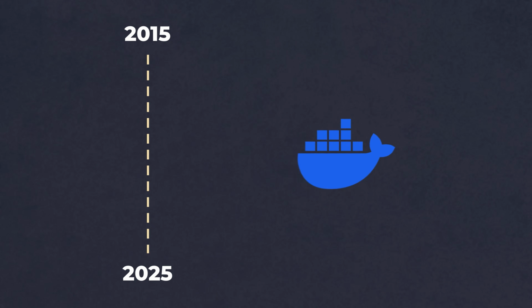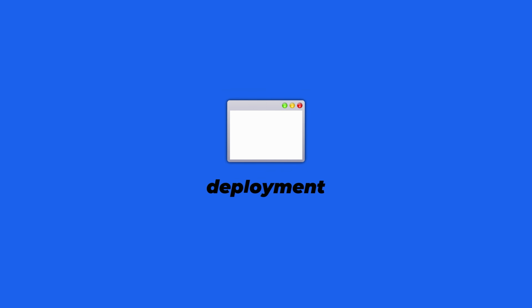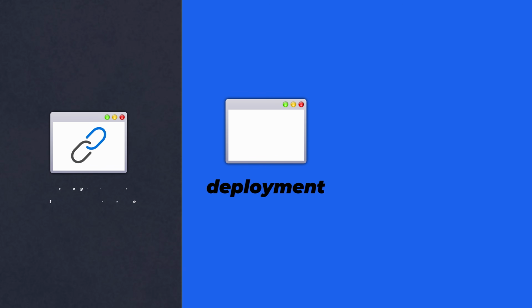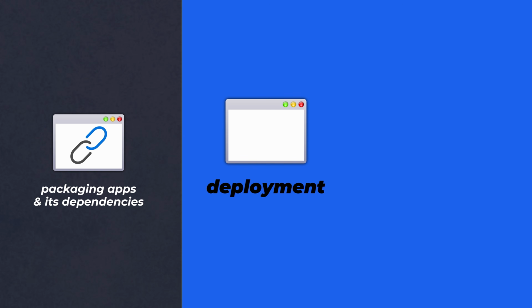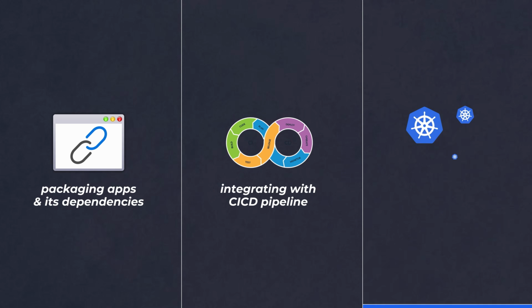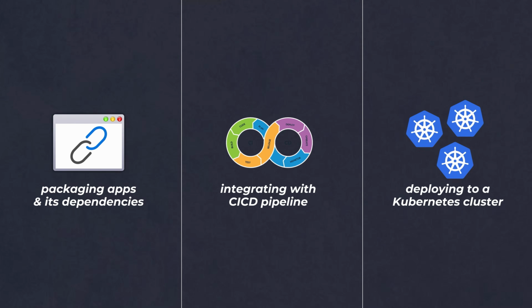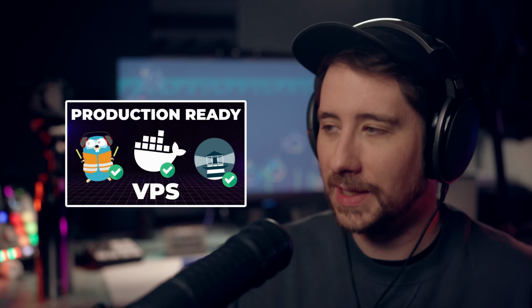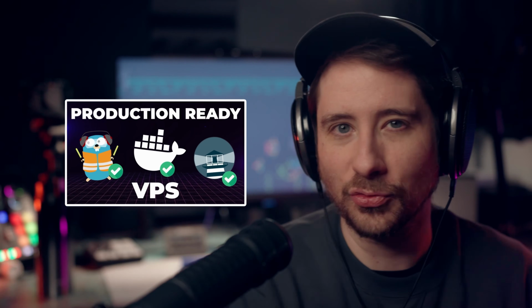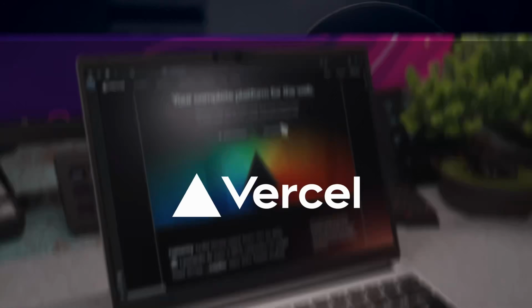For the past 10 years, I've been using Docker for pretty much anything related to application deployments. Whether it's packaging my applications and its dependencies, integrating with CI/CD, or just straight up deploying my applications to a Kubernetes cluster. Most recently, I've been using Docker to deploy to a VPS, in what I would consider a production-ready way, allowing me to have full-featured deployments without the need to use a platform as a service, such as